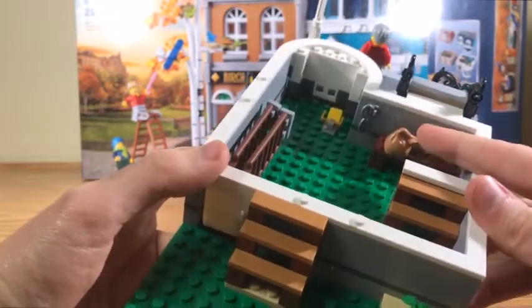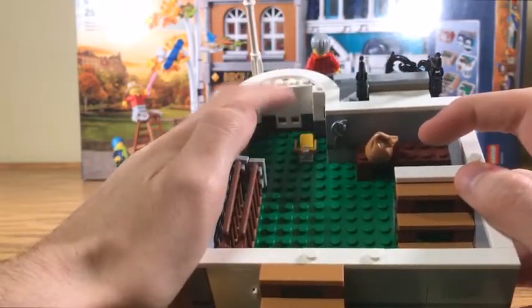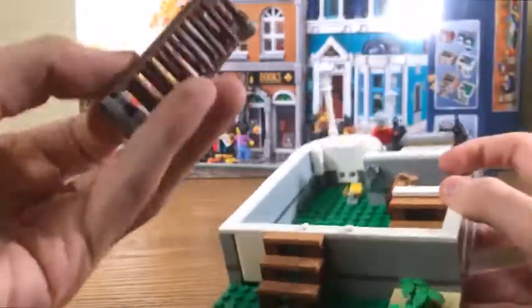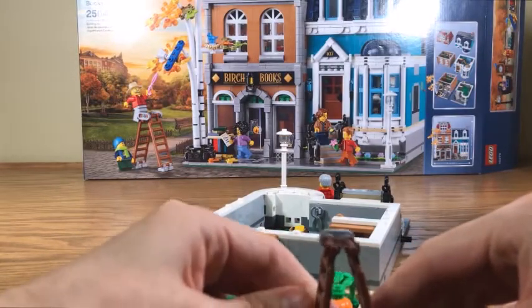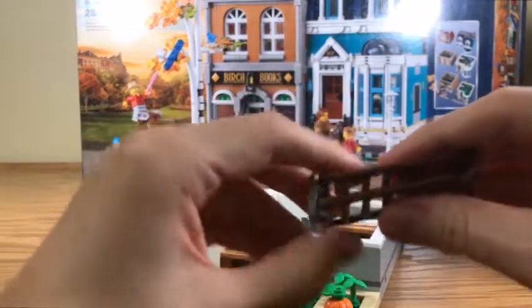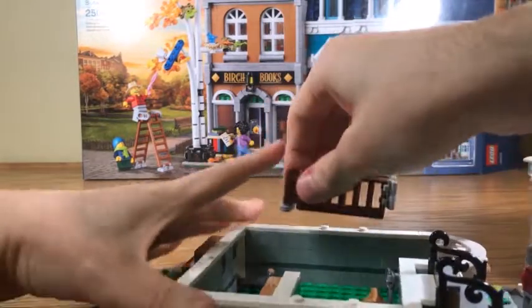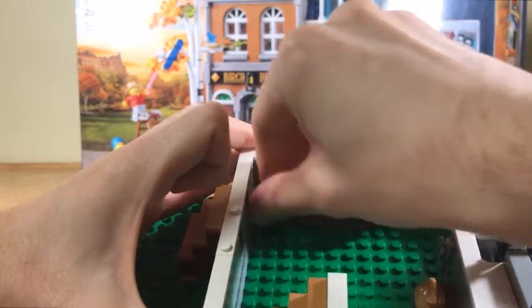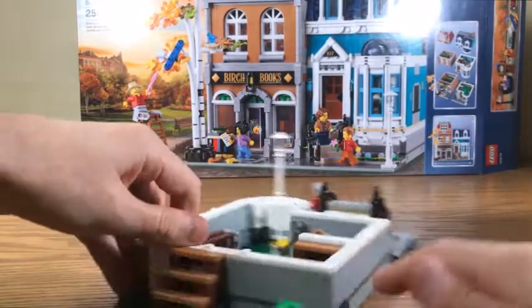You've got a random burlap sack, you've got a pair of scissors, you've got whatever the heck this thing is. I have no idea what this thing is. And then this is a ladder, is what this is. So you can take this out and position it. So that's a ladder. And then it just clips in right there. And then if the minifigures don't want to have to carry that up the stairs, then,